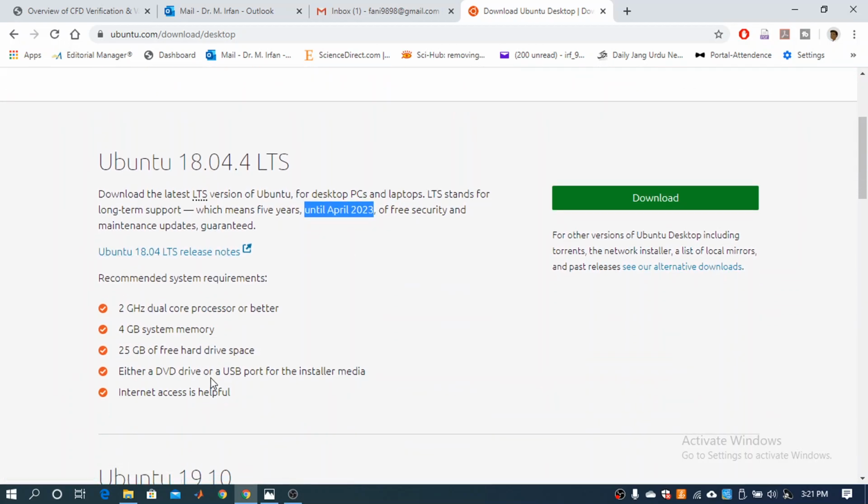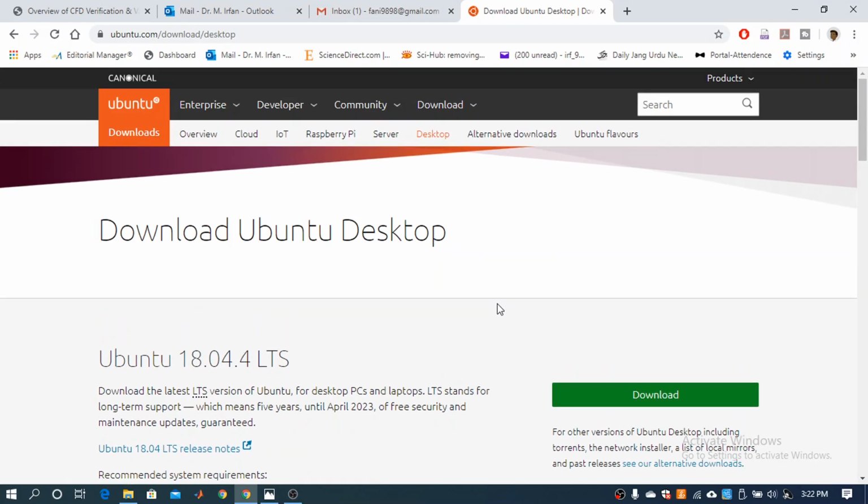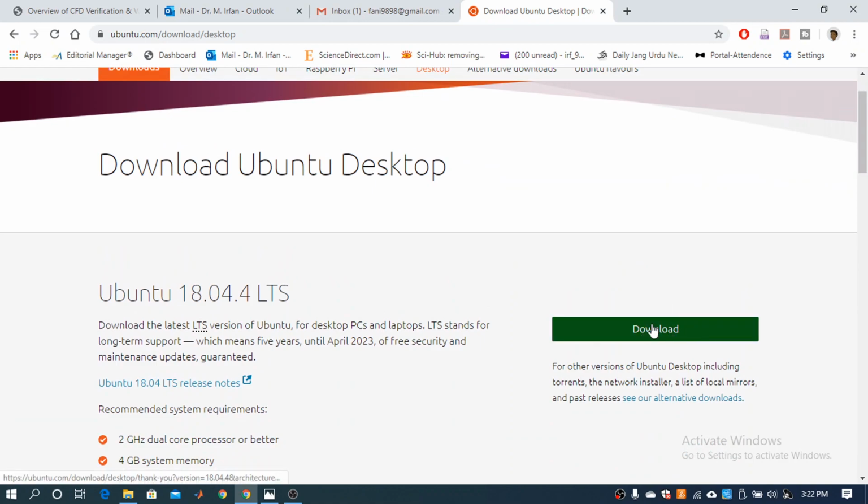What are the system requirements? 2 GHz dual core processor or better, 4 GB RAM, 25 GB free hard drive. So either a DVD drive or a USB port for the installed media. So in this video we are going to use the USB port. So right away on the right side, this is download. You have to start the download,